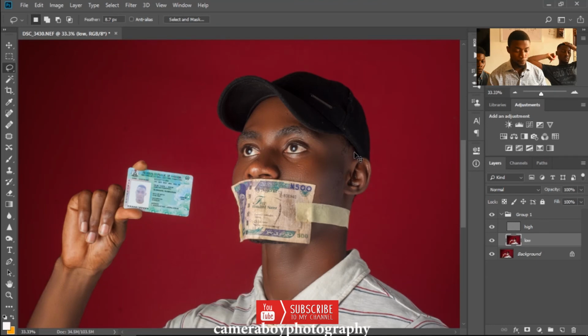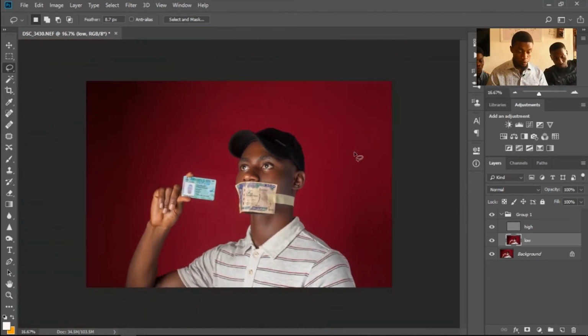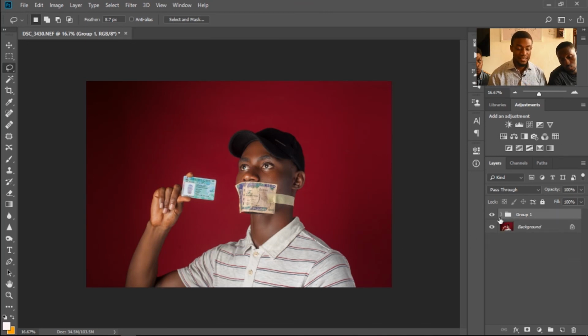I'm going to zoom in. So at this junction now, I'm done with what? The skin treatment. So what next is that, naturally, when you're doing this, there's every tendency that you have messed up or muddled up light and